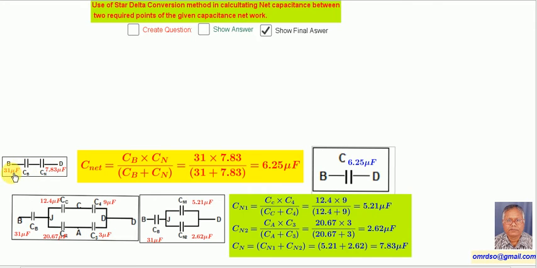Now CB and Cn are in series, and using the net capacitance formula, as you know, in capacitance, if two capacitors, say C1 and C2, are in series, the net capacitance is C equal to C1 into C2 upon C1 plus C2. The same formula I have used here, and this way I got it. So here it is CC and C4, Cn1. I have found the net capacitance by using the series combination formula this way. This way I have derived everything, and finally I got 6.25.